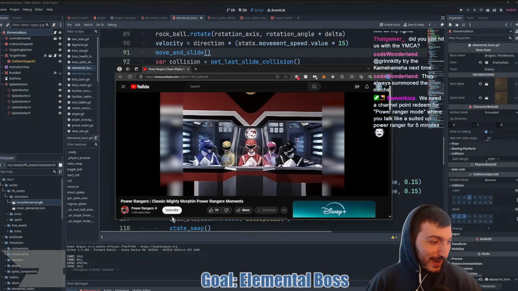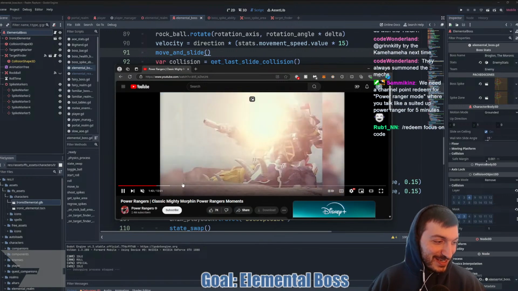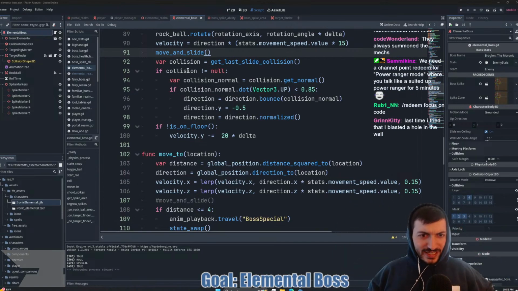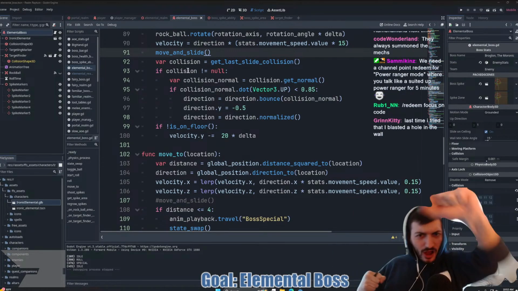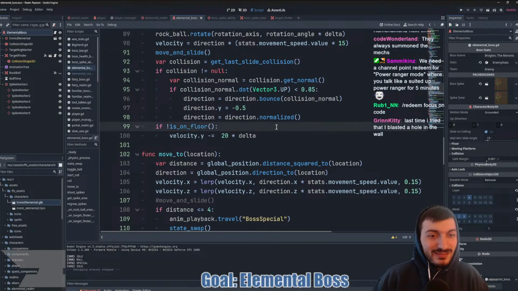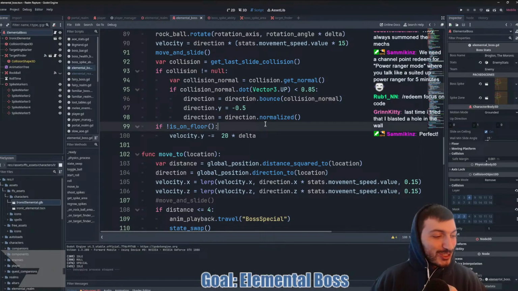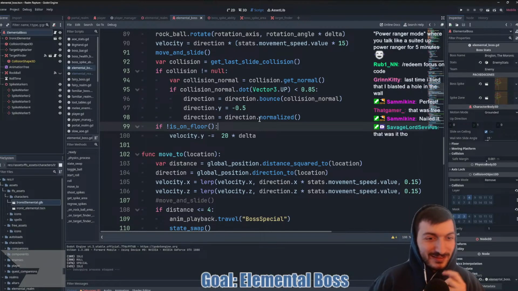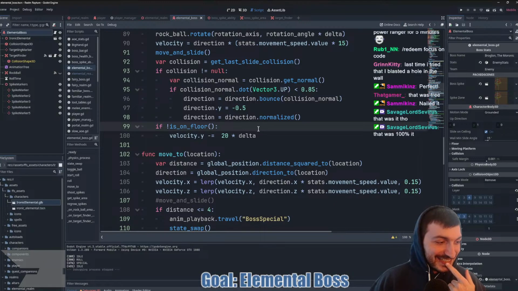We need a channel point redeemed for Power Rangers mode when you talk like a suited up Power Rangers. Alright guys, let's focus on code! I agree, Ruben. I would not want to talk like that whatsoever. That's just so annoying. Alright guys, if it's not on the floor, velocity.y minus equals 20 times delta! It's not good. That was 100% it.